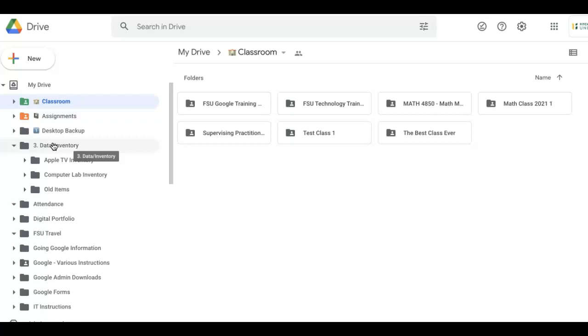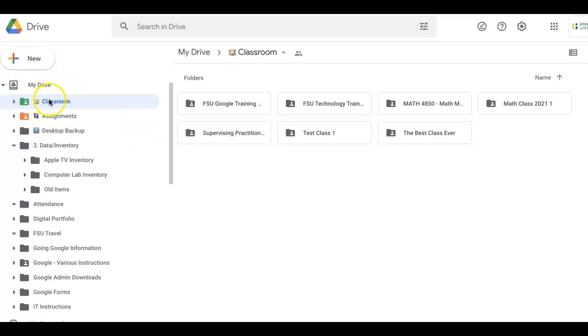If you add an emoji or a number, that will change the way the filtering works in your drive. If you want to keep it alphabetical, then go ahead and do that. But if you want to put it in a number order, then it won't matter what the title of your folder is, because it will go by the numerical order.